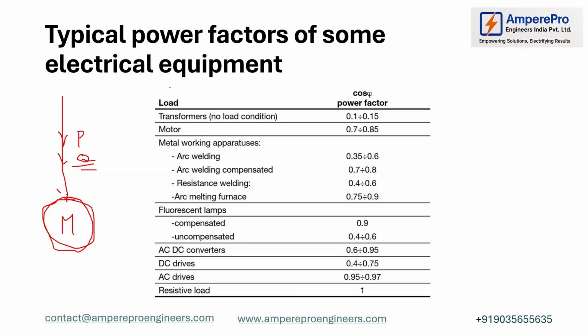So as you could see, even a transformer, even in the no load case, consumes some reactive power. Motors, same. Other industries like arc welding, compensated. There is an example that your power factor will be typically like this, right? AC drives, DC drives, resistive load. For the resistive load, actually, it is one only, because you know